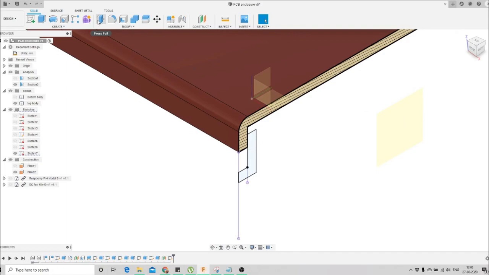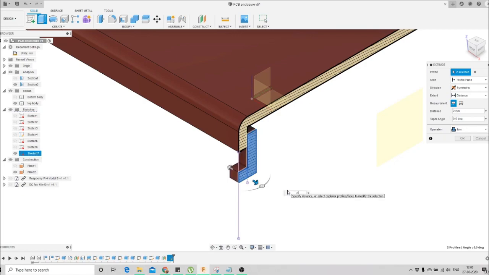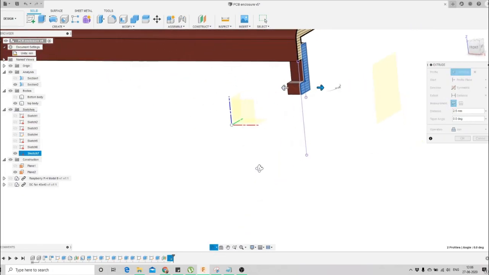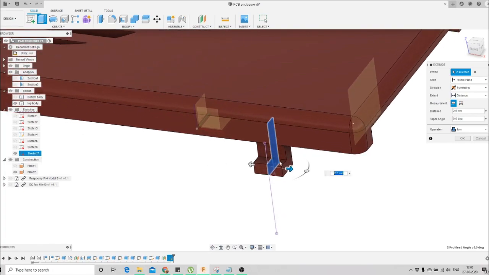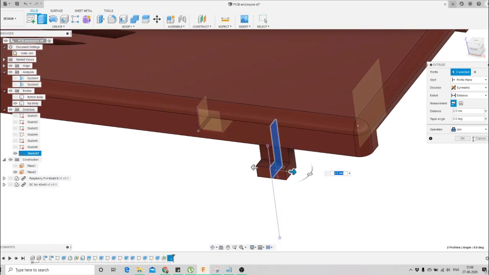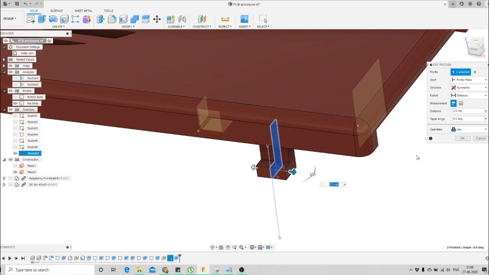So we'll click on this extrude option, we'll select our sketch, and we'll specify that we need it extruded in both directions symmetrically, and we'll specify 2.5 mm in both directions. If I turn off the section, we will be able to see, yeah, we are extruding in both directions symmetrically, and we'll press OK. And also we'll ensure that here the operation must be joined.